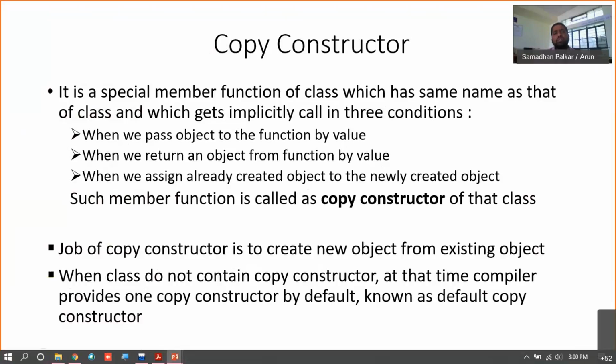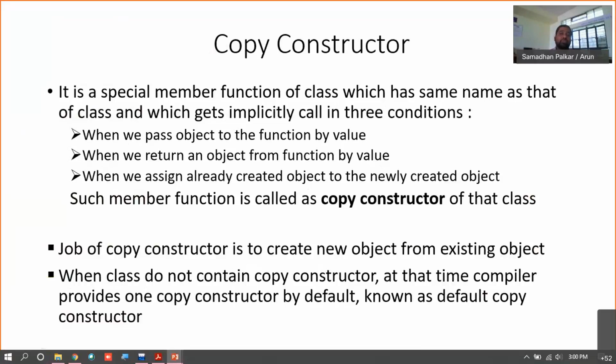So the job of a copy constructor is to create a new object from an existing one. Whatever is in existence, it will create an exact replica of it, right? Now, when a class does not contain a copy constructor, the compiler provides one copy constructor by default, and that is known as the default copy constructor.